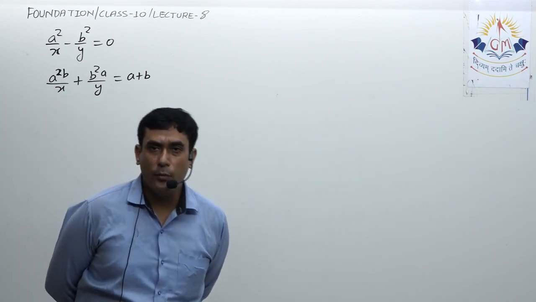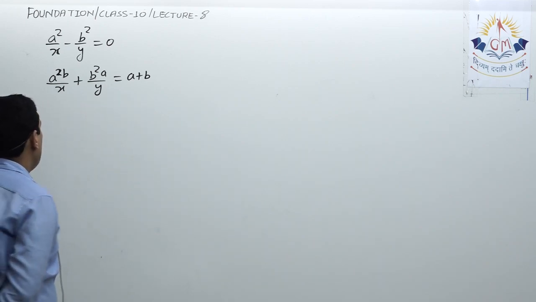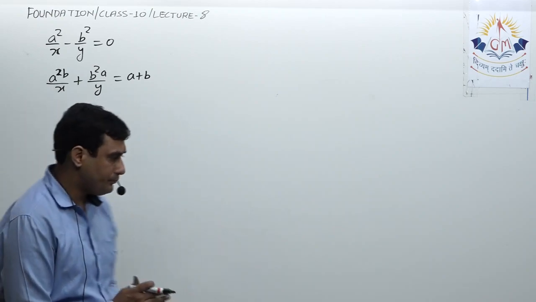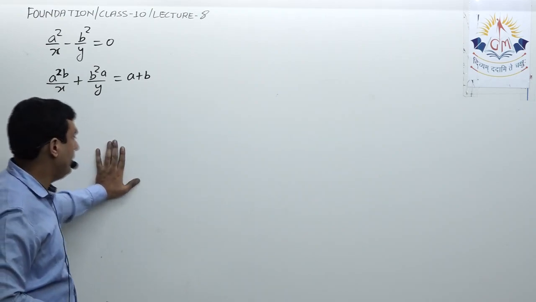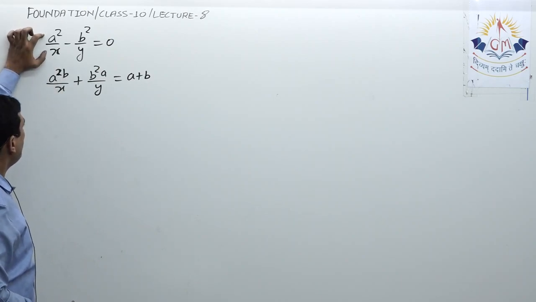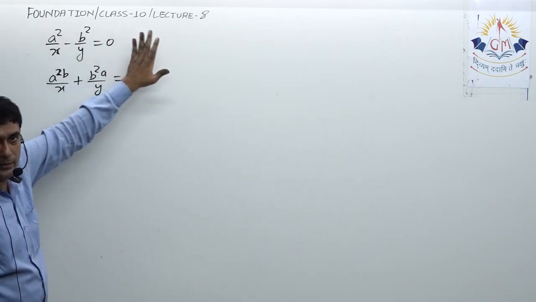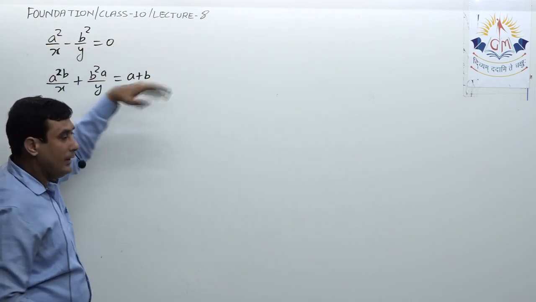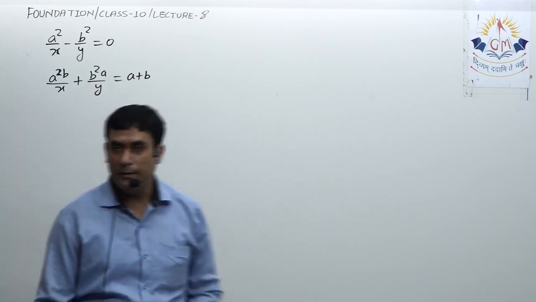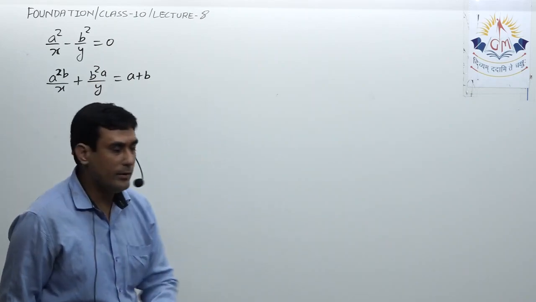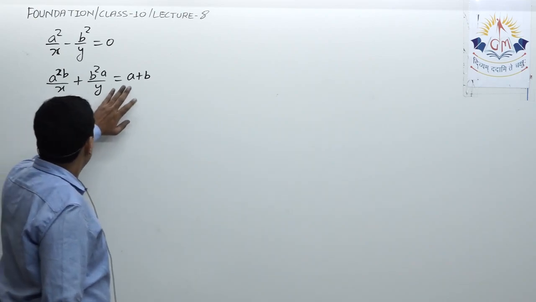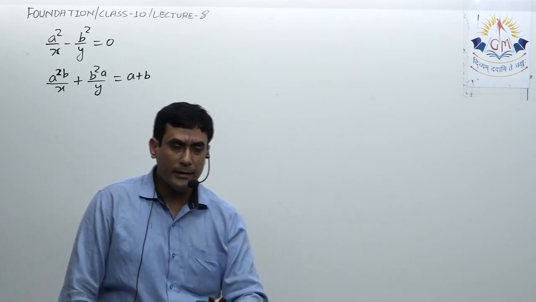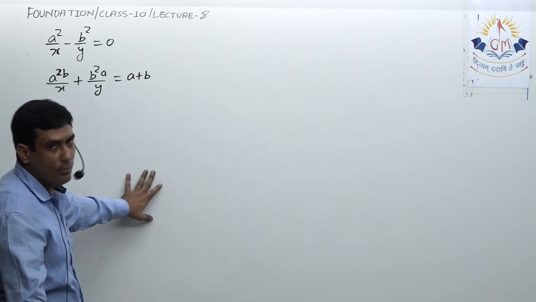See, first of all, these two equations are not linear equations in the variables because x and y are in the denominator. Now in our syllabus we have that chapter as well, and over there what we used to do is take 1 upon x equal to another variable, say v or p or q, and 1 upon y as another variable, and then convert the equations into linear equations in two variables to get the values of x and y. But here in foundation class we won't follow that method. That method is also correct, and the method that I am going to tell you right now is also correct.